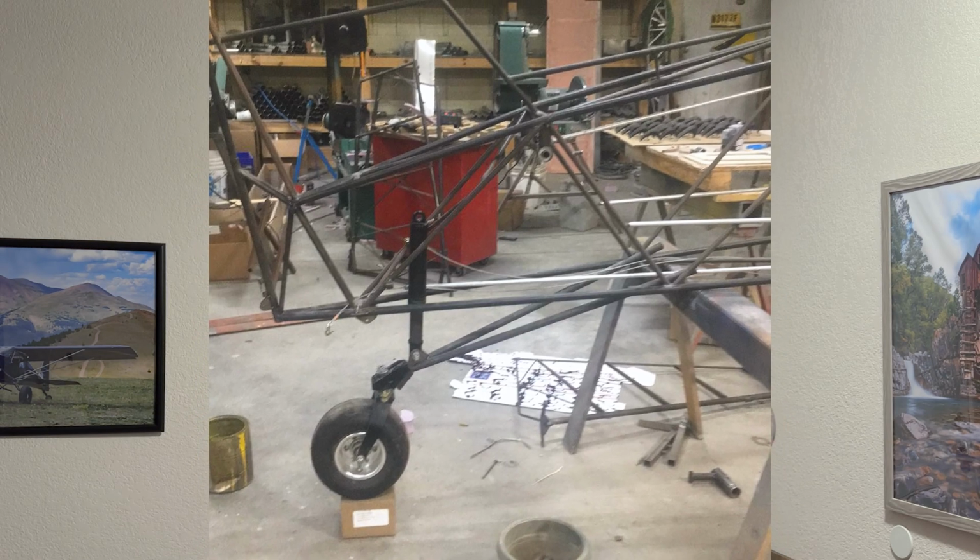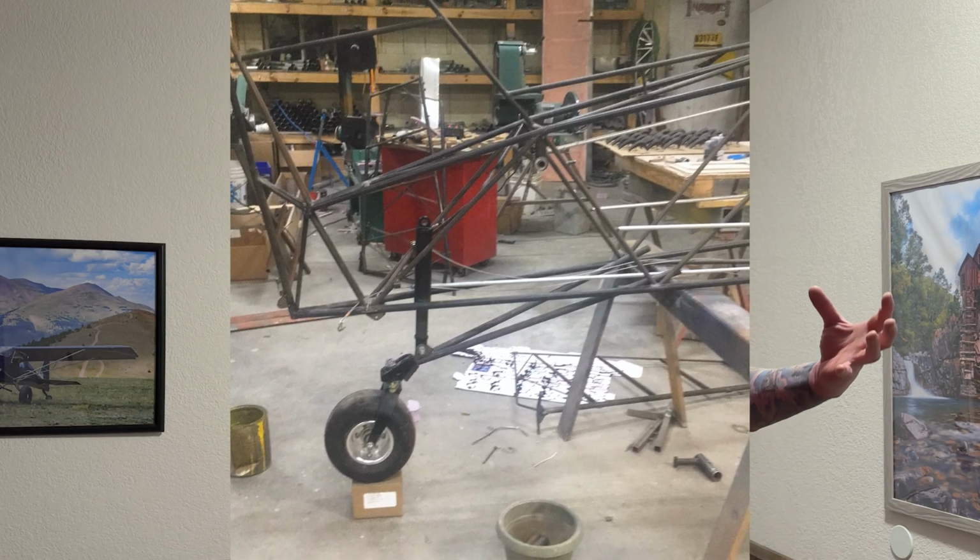It's a little more fore on the airplane, towards the front of the airplane. And what that did, the tail wheel itself is kind of in line with where the rudder hinges, and that also helps with angle of attack. But what it allowed was to get good travel, let the tail wheel come up close underneath the airplane, and